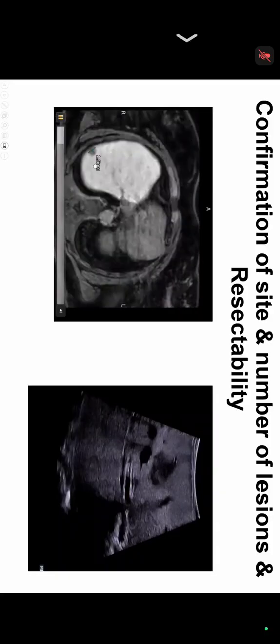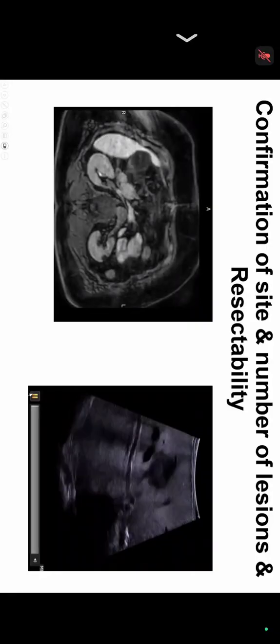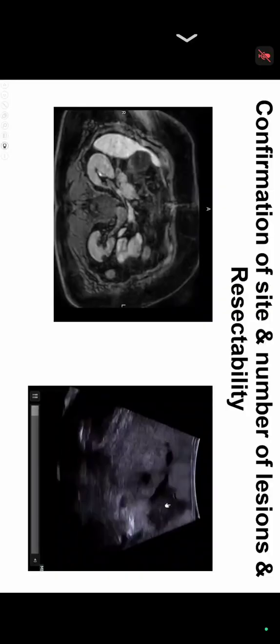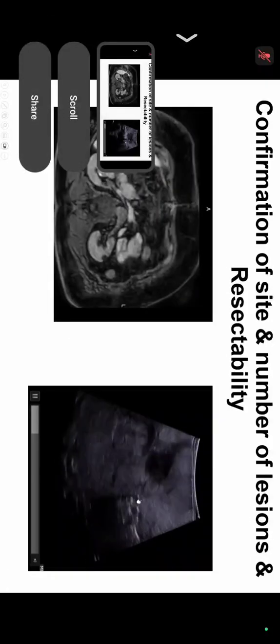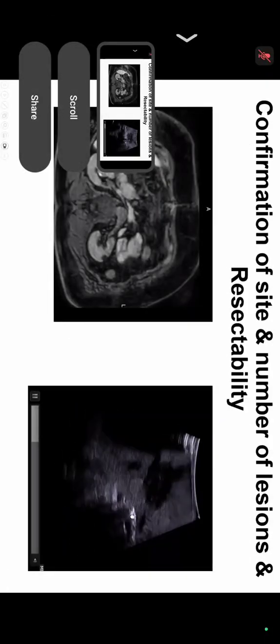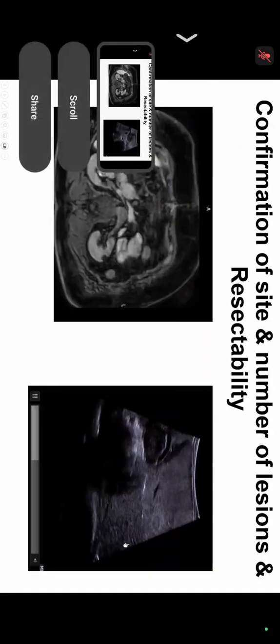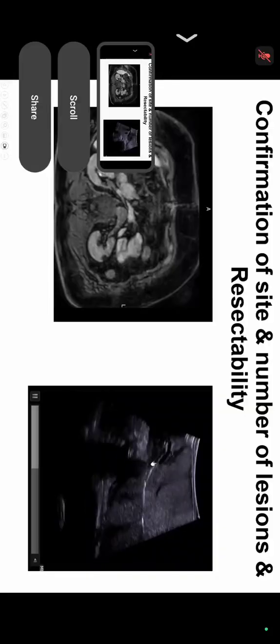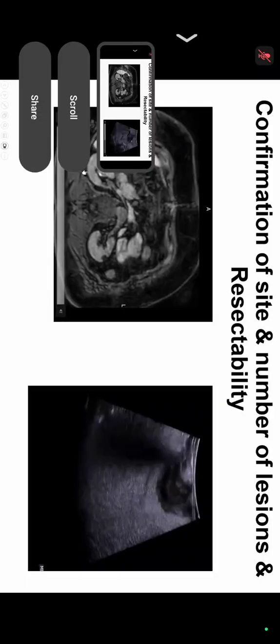So here the plan was to do 3 wedge resections, 2 from the left, 1 from the right. But when we did the intraop ultrasound scan, there were 2 tumors next to each other, these 2 tumors, okay? Next to the left hepatic vein, completely missed on MRI scan. And I went back and spoke to the radiologist. They said, no, we can't see it. Maybe because they're next to each other, almost like they're mirror image, and they're not that big, okay? They look big on the ultrasound scan, but they're actually probably about 1.5 to 2 centimeters. So again, from wedge resection to a left hepatectomy and a wedge from the right side, complete change of surgical